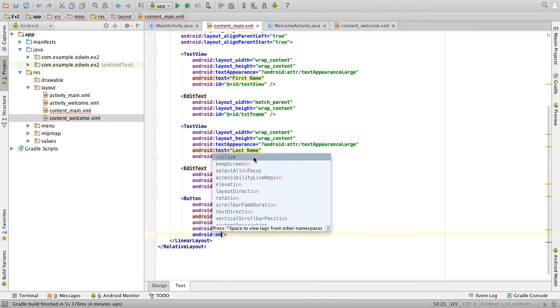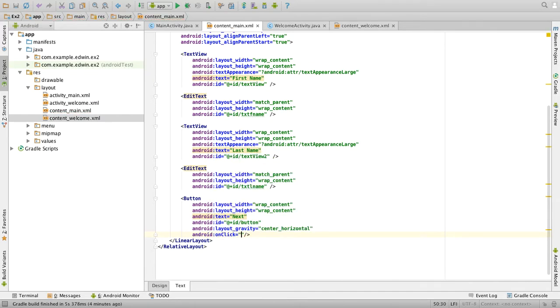The options will be displayed here. Once you are above the option, press tab, so automatically it will be filled. Then here we have to give the name of the function which will be called when this button is clicked. So click here and write nextScreen. So this is my function name.